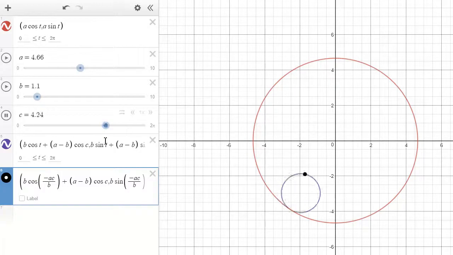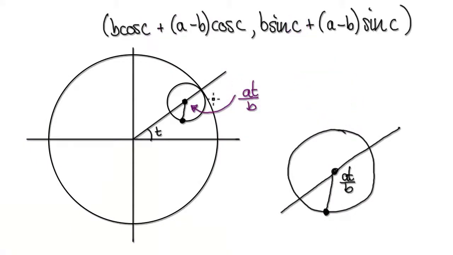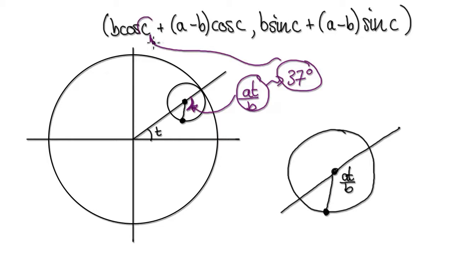It's looking okay, but it's not quite right. It may look right to the naked eye, but technically it's not right. We've worked out this angle. Let's just imagine it's 37 degrees, not radians, degrees. When you say add this much of an angle into here, add this much of an angle into there,